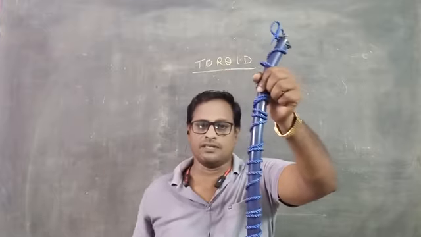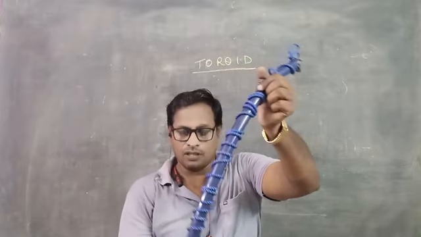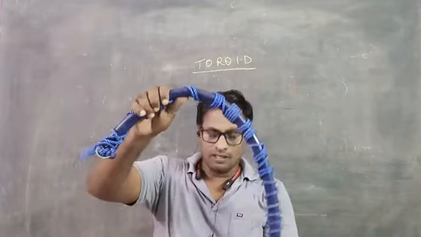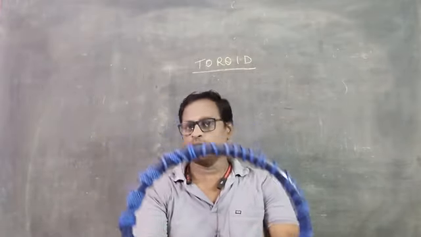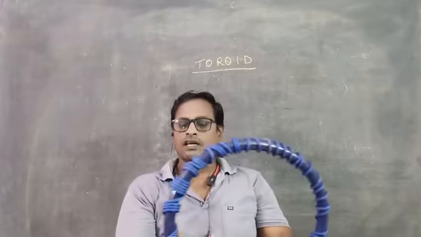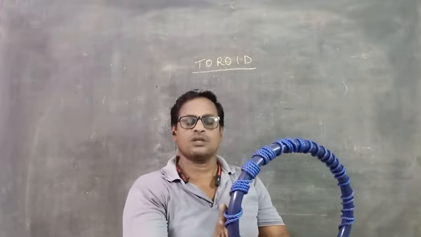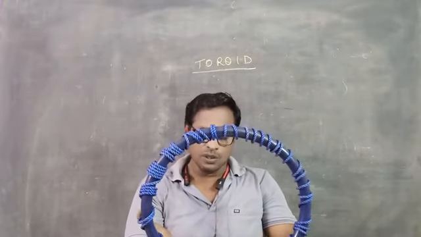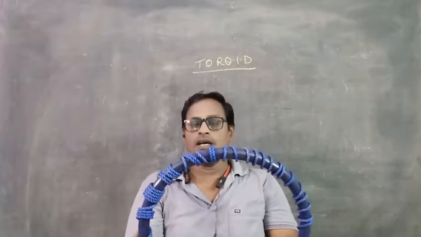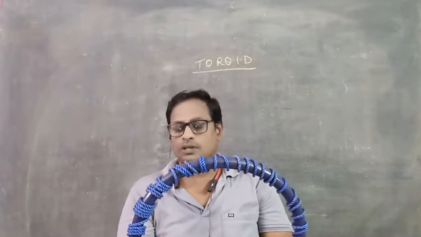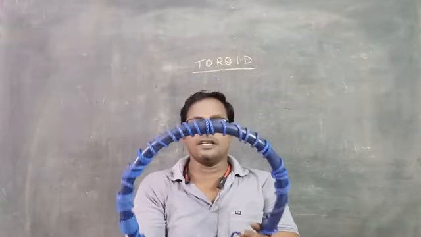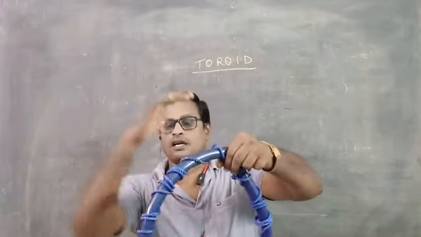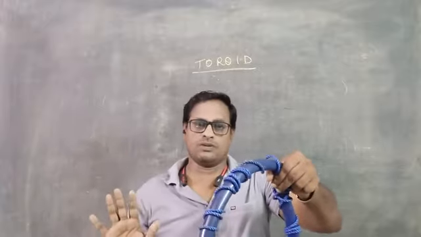The same case here. Now, the solenoid is turned in the form of a loop. Okay, this is a typical toroid. Here, n is the number of turns in the toroid. Now, we give the power supply to the wire and we are going to discuss what is the magnetic induction inside the toroid, that is the center of the toroid, and outside the toroid. That we are going to discuss today. Okay.